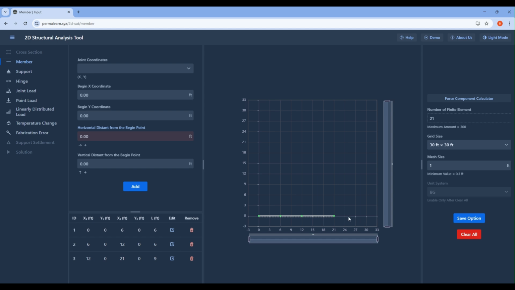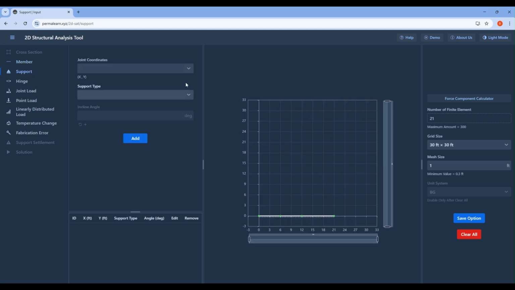So we're going horizontal 9. And then the support function is a function where you can add support at the point you want. There are three support types, which are fixed support, pin support, and roller support. For example, if I want to add point A here to be a fixed support, I just click fixed support